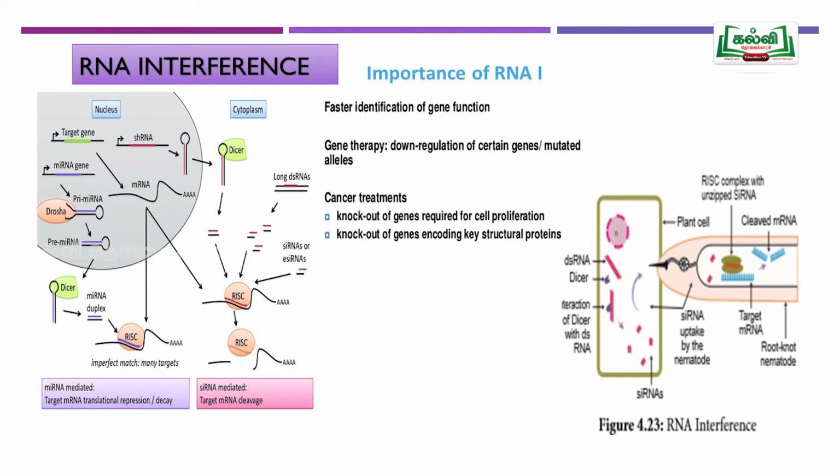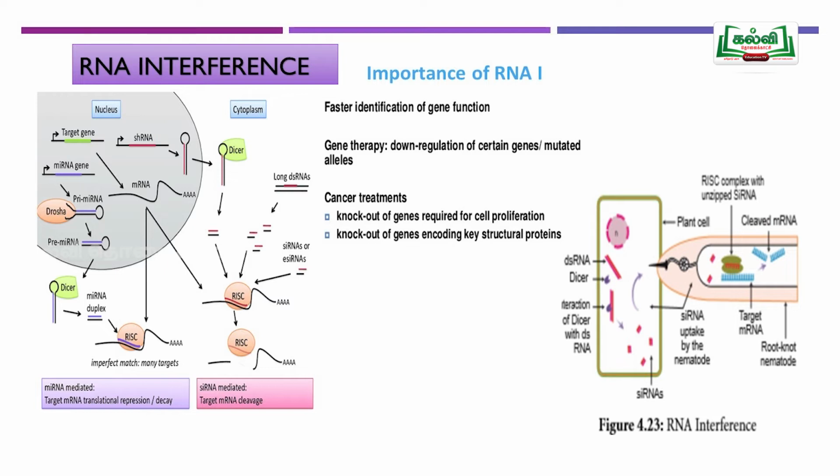This RISC goes and binds with a normal RNA. Due to this binding with the normal RNA, the expression of that particular protein will be stopped. The gene expression will be totally silenced. That is why this RNA is dangerous to the cell. This technology we may use in gene silencing.